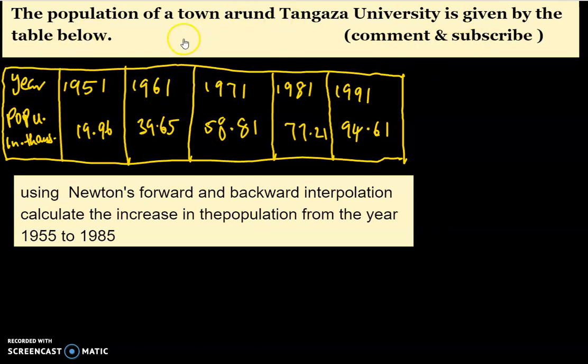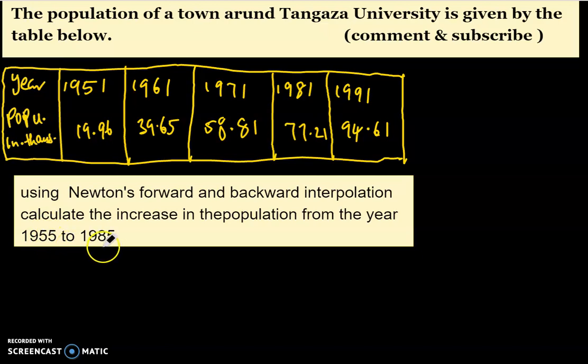The population of a town around Tangaza University is given by the table below. The year is 1951, 1961, 1971, 1981 up to 1991, and the population is in thousands. So we have 19.96 up to 1994.61. Using Newton's forward and backward interpolation, calculate the increase in the population from the year